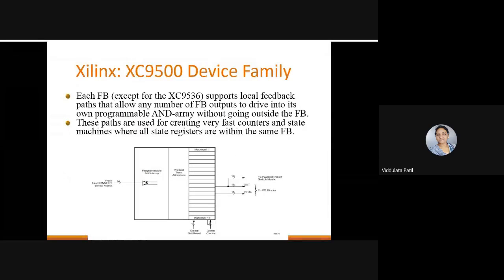So each of these functional blocks supports a local feedback path. Okay, except the 9536 IC, which does not support a feedback path, but the others support a local feedback path that allows any number of functional block outputs to drive its own programmable AND array without going outside the functional block. So here you can see in this picture, this is the programmable AND array